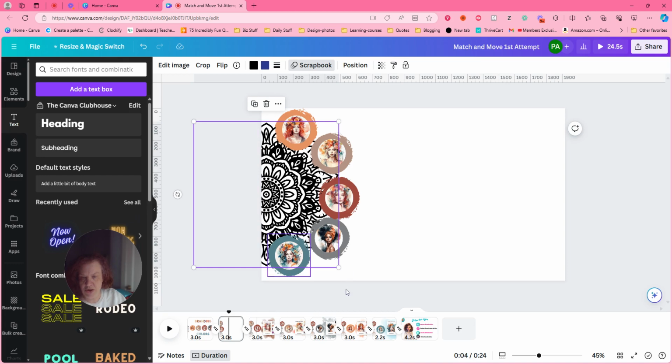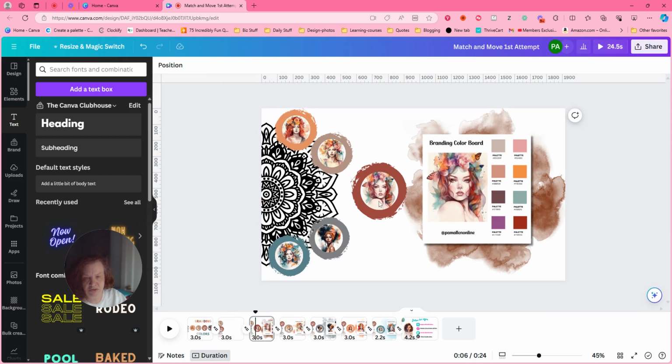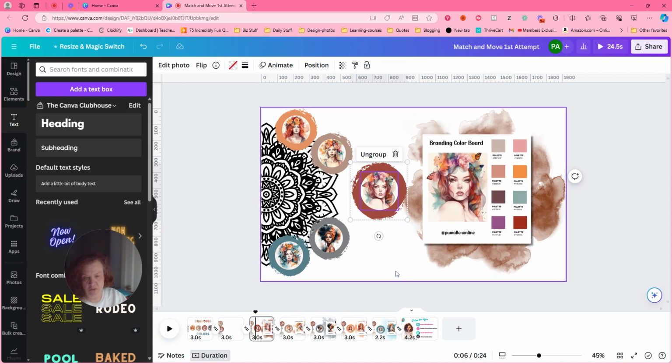Next one, I'm going to duplicate it again. So duplicate this again. And then you're going to bring up the image that you want to emphasize for that one. So this is the one I want to emphasize. And then I added this and this to it. And then I did this for each